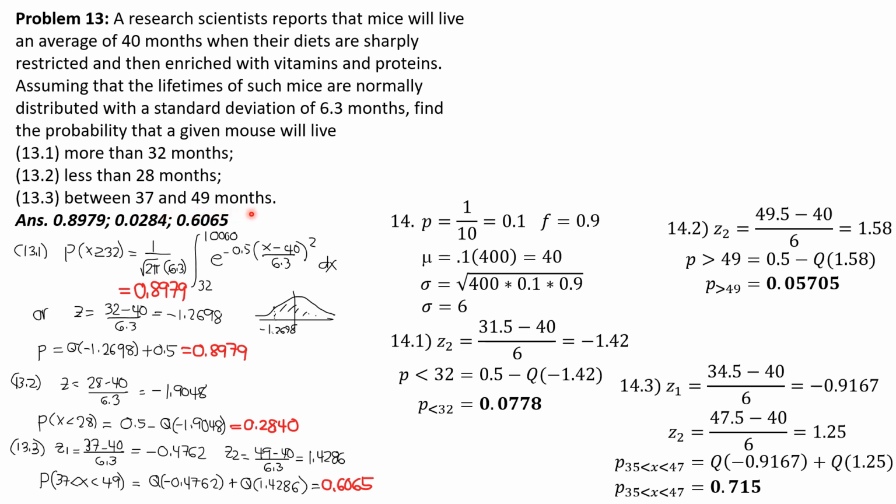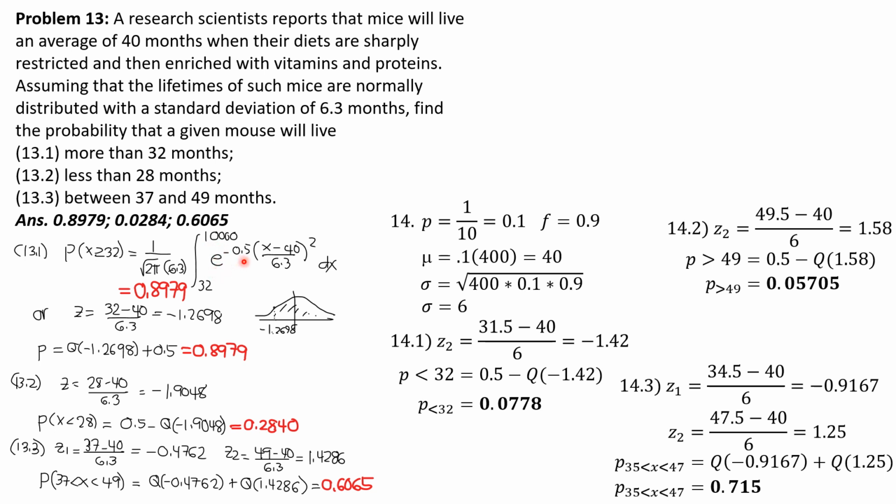So, using the first by integration, then the rest by the calculator. So the probability that x is greater than 32 is 1 over square root of 2 pi times standard deviation 6.3, integral from 32 to infinity. I just replace infinity by 10,000 months. That represents infinity. Remember, in the normal distribution, as the time is increased, the area there is very negligible. So that's the reason. You can use maybe 5,000 if you want.